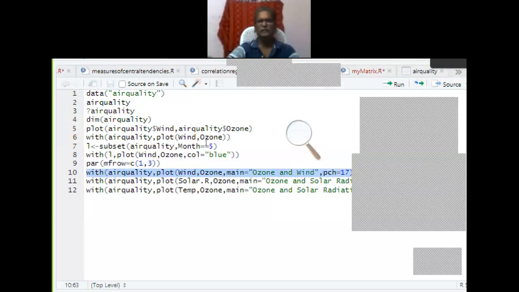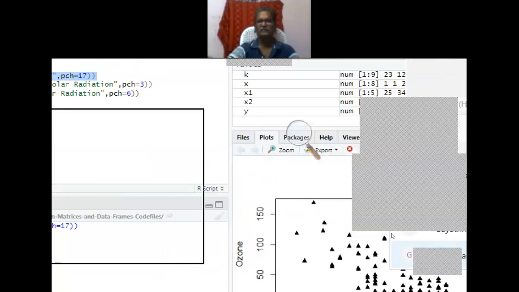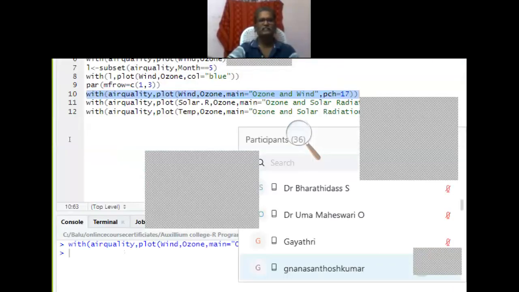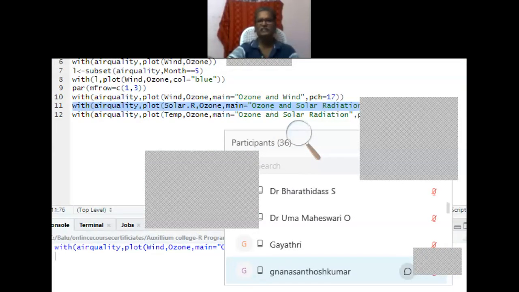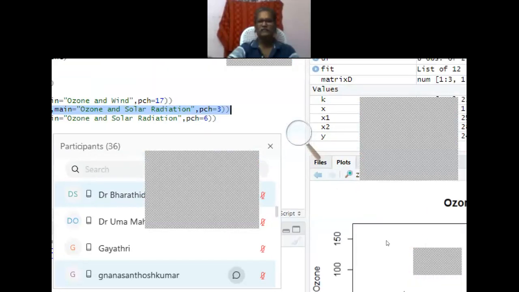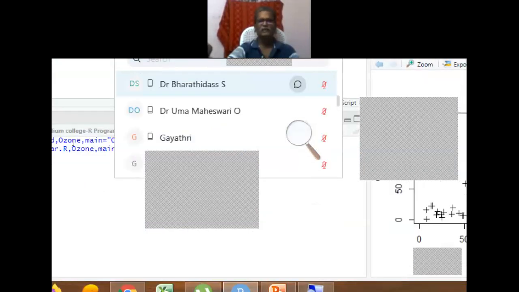We see the graph here. Yes, this is a graph made using the first command in the plot window. Next, suppose I run the second command, you may be able to see ozone and solar radiation now from the subset.